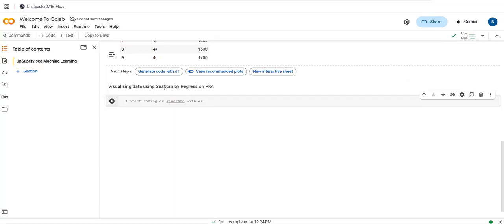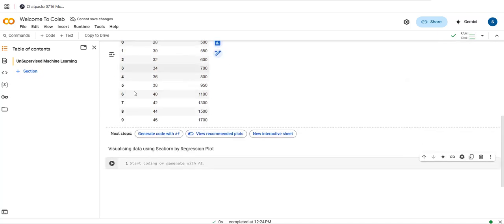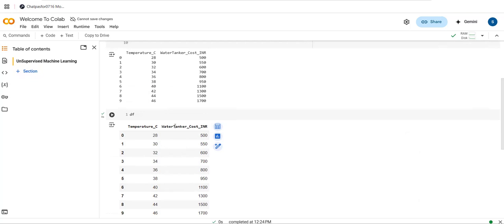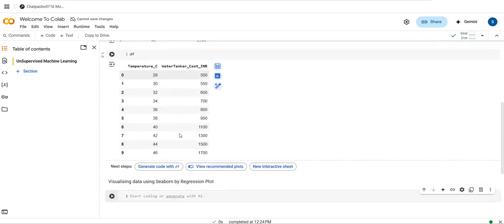By using Seaborn, let's do a regression plot for this data with respect to temperature as well as this water tanker cost in order to visualize that data. For that, first we need to import Seaborn. In order to use Seaborn, I'm importing Seaborn as sns, and it contains a regression plot,